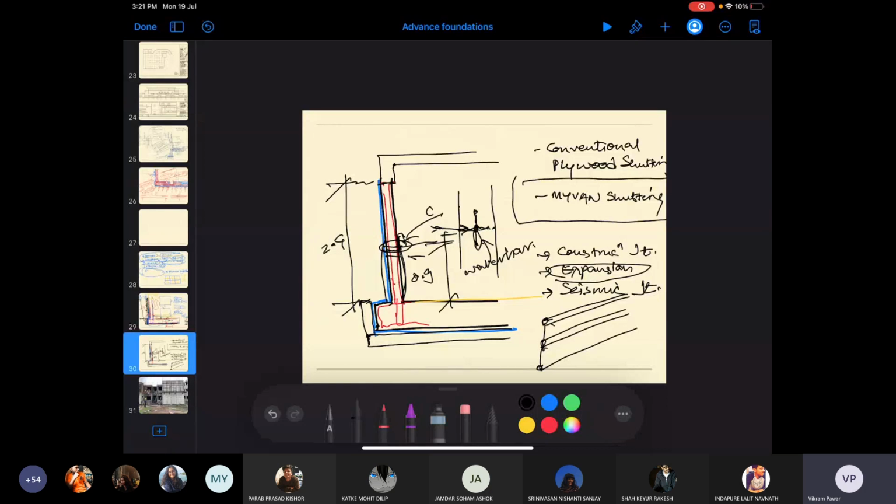Just a second, the battery is draining. I'll just connect it to power. Meanwhile, if there is any kind of question or query, doubt,